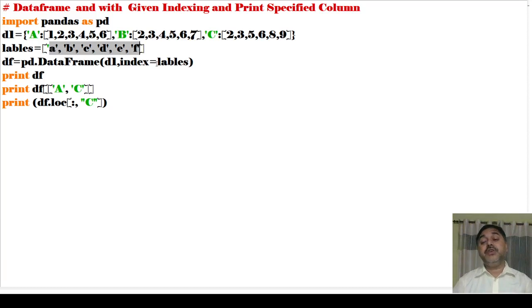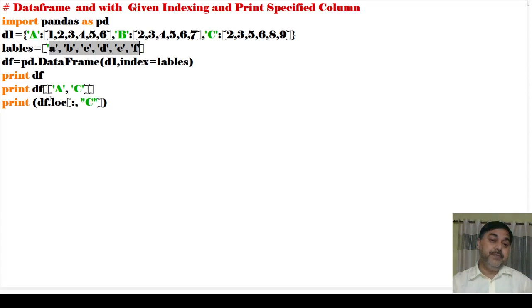In each column we have inserted a maximum of 6 values. So that is why in the label also I have given 6 values for indexing